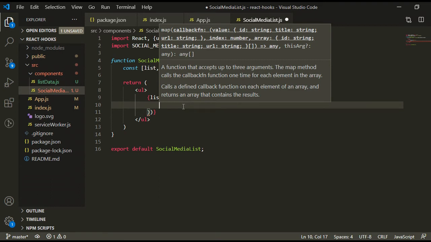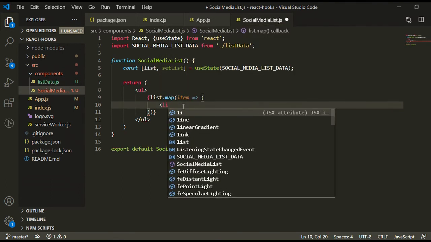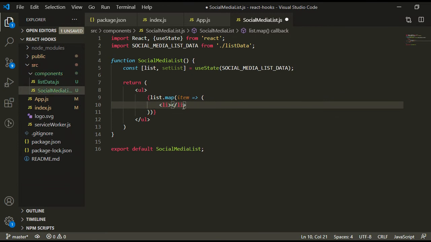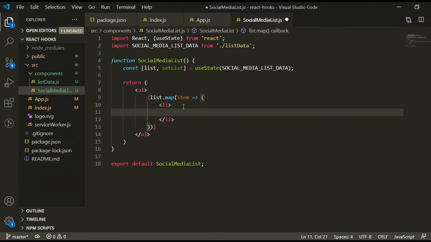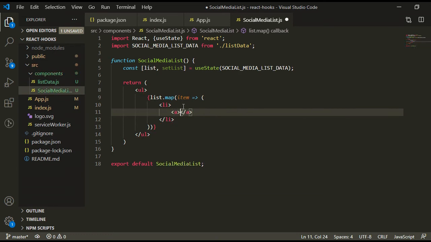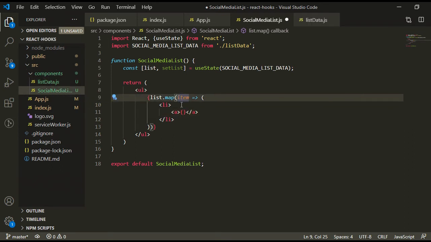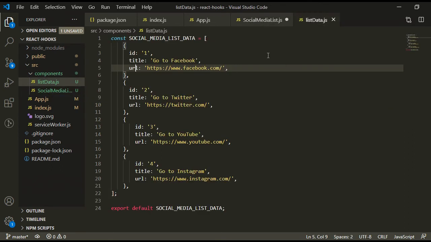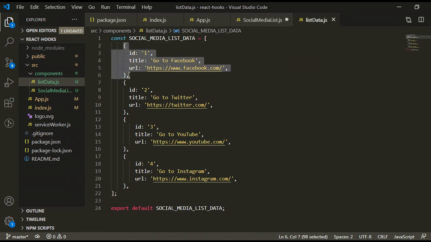First we will write the li, and inside that I will use the anchor tag. Let's see what type of data we are getting. Every item is a single object, and this object contains three properties: ID, title and URL. So let's use them.